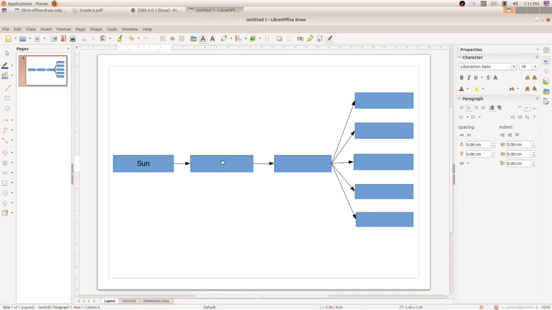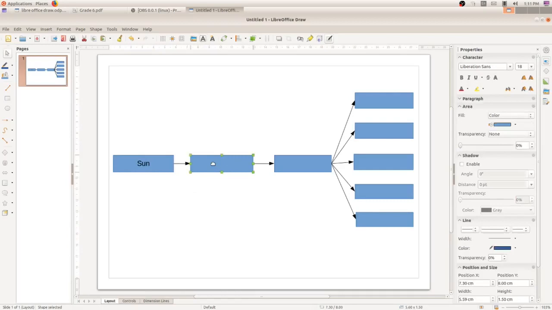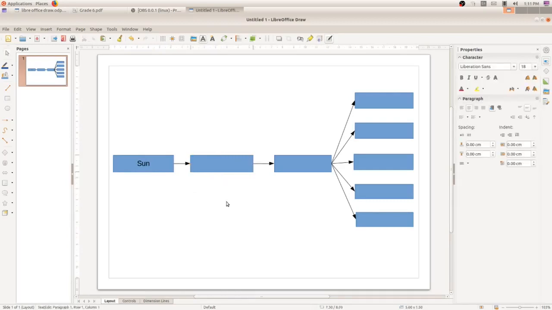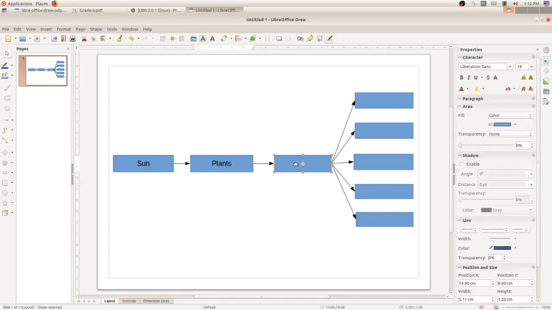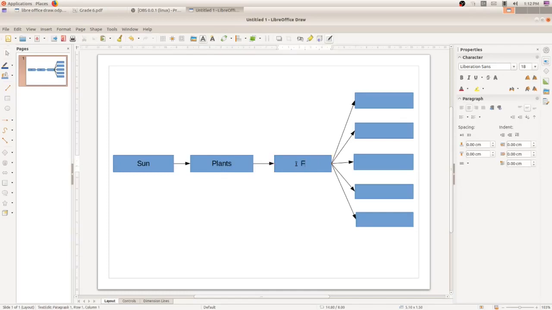This is a blank space, so you type here plants. Okay, you just fill out in your textbook. Here it is already given fossil fuel. Okay, here also it is already given coal.